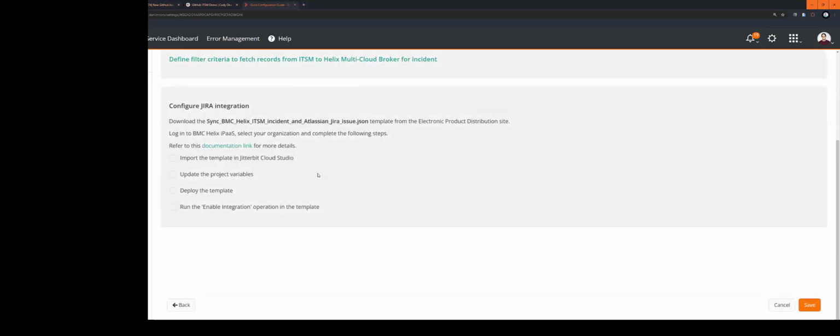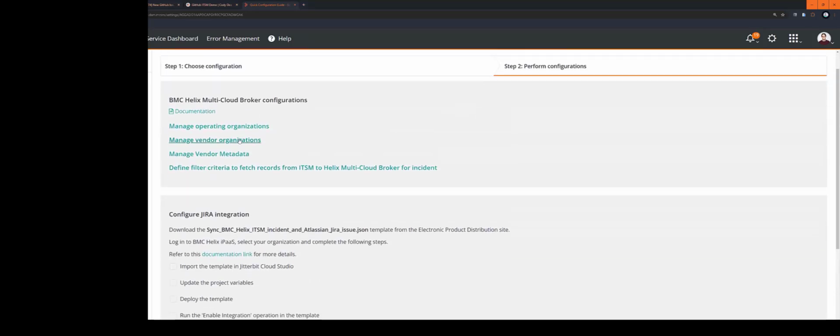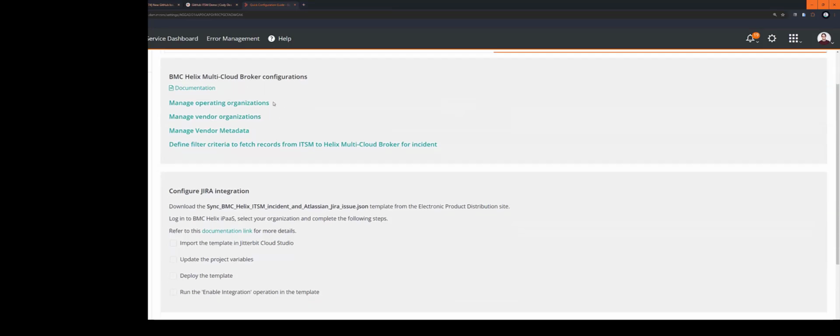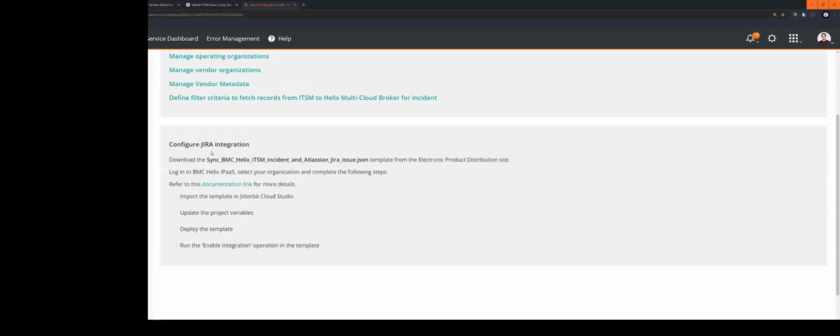Click there, click next. This gives me a list of things I need to do beyond what's just in the documentation. So this is kind of like a checklist that I can follow. There's some multi-cloud broker configurations that need to be done because you have to define the organization, you have to define your company, things that need to be done generally once when you're defining these, and then you can reuse them. The filter criteria, so this is when it's actually going to pick it up and do the multi-cloud broker integration. And then down here are the Jira integration pieces that are